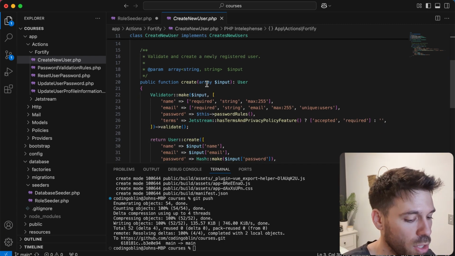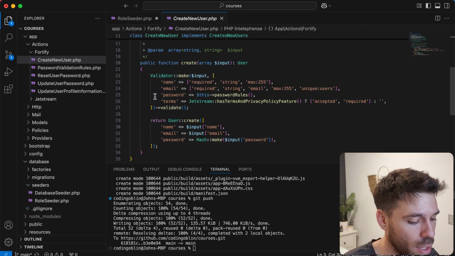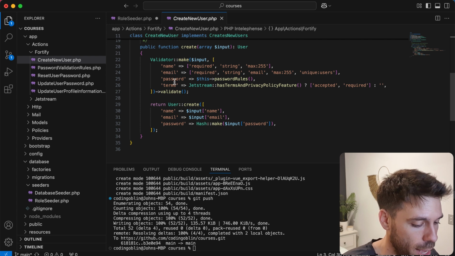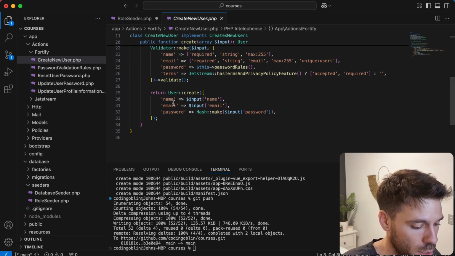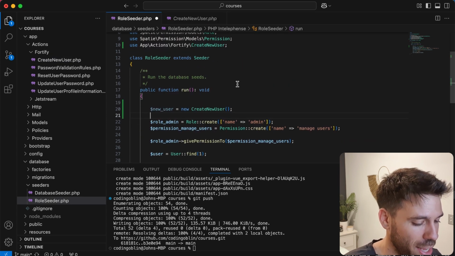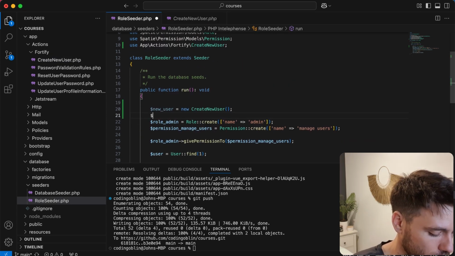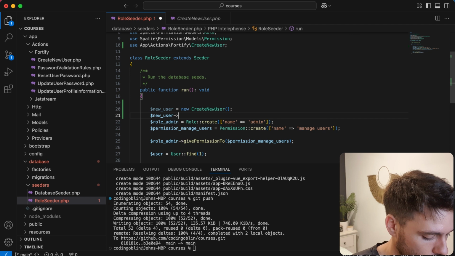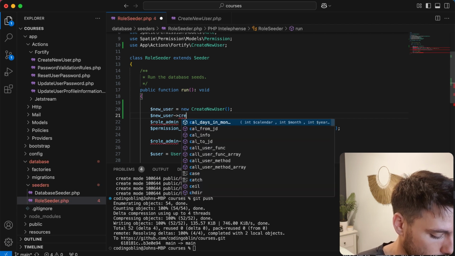And we're just going to pass an array to this create method here with name, email, password, and password confirmation. So we're going to say new user create